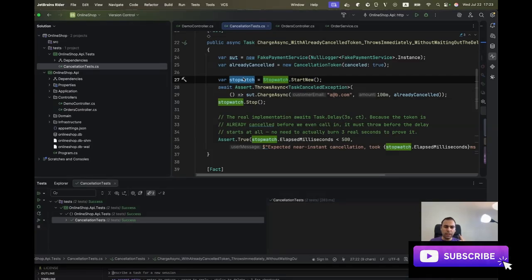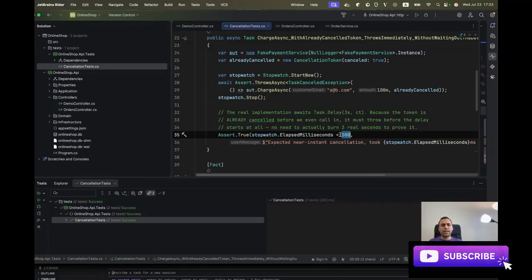Why? Because the cancellation alone is not enough. We should measure the fact that cancellation happens as soon as possible. The cancellation token should be very fast. Here we defined 500 milliseconds, but it's very strict. You can make it wider than here. Okay, I would like to say with this unit test,